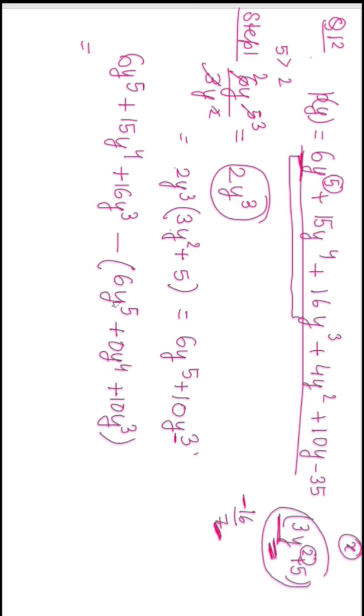Okay, so what will be my answer? 5 will be minus 5, so this thing will be cancelled. Now for y4, there is nothing, so I will write directly 15y4. And y cube is minus 10. So 16 minus 10, it will be what? Plus 6y cube. You got the second step. Step 2 will be what?